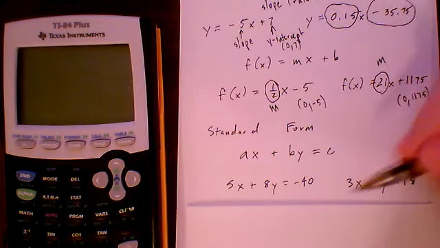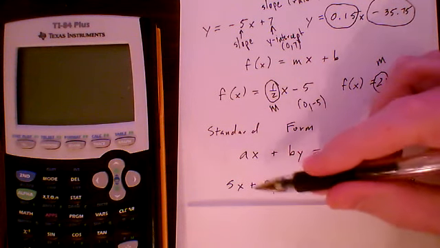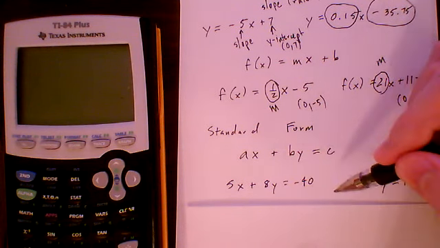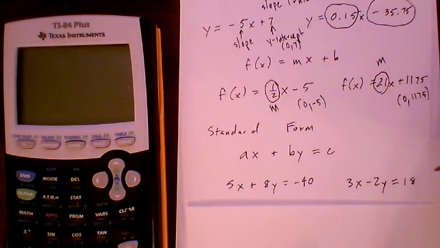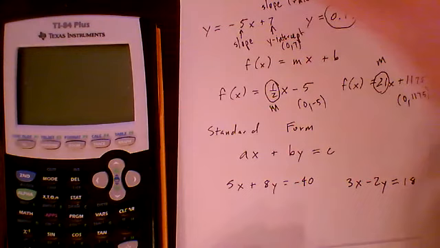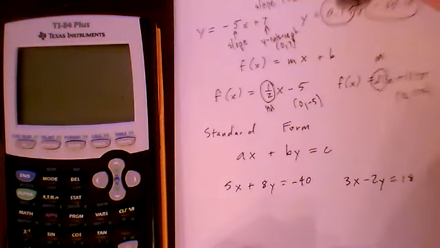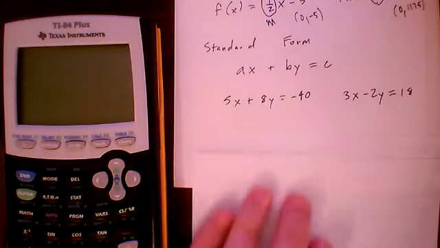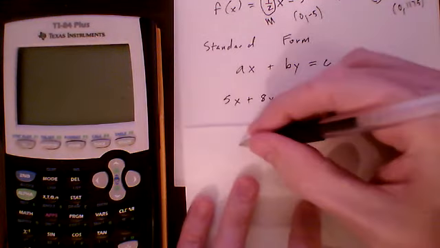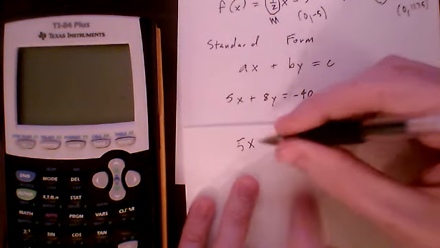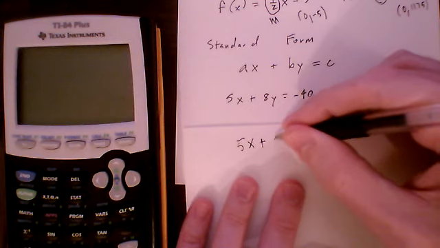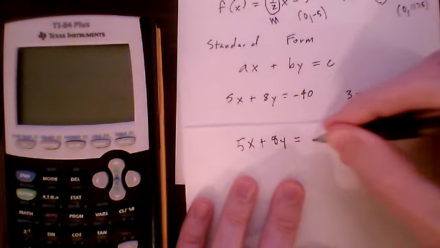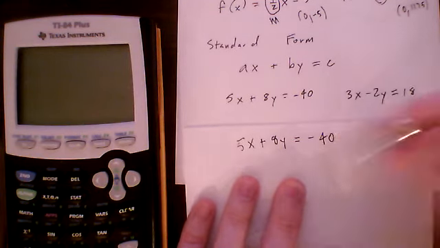Like if we look at just a couple of quick examples: 5x plus 8y equals negative 40. 3x minus 2y equals 18. These can be pretty nice to work with if you're trying to get the intercepts of the graph. It's one of the benefits of having this standard form equation. Let me show you what I mean. So if I have 5x plus 8y equals negative 40, and I ask you to find the x-intercept,